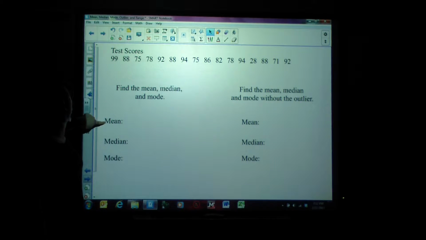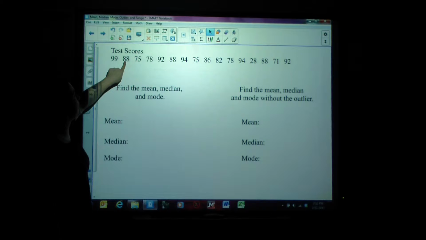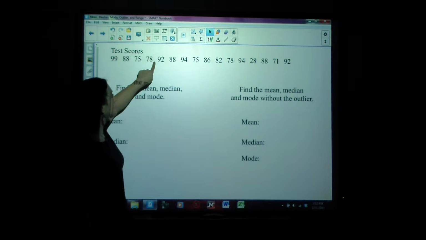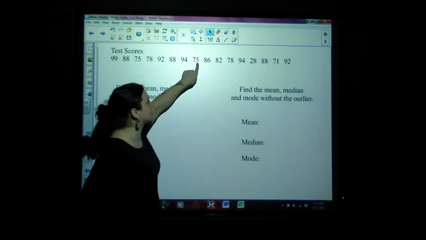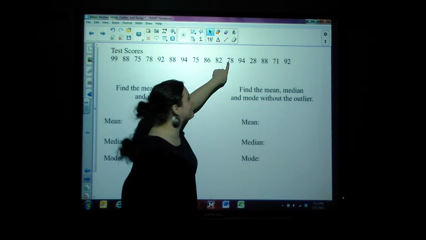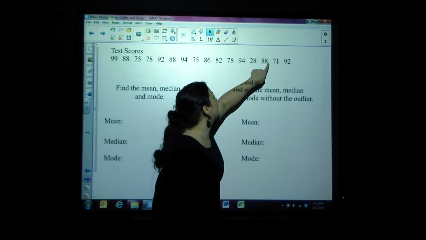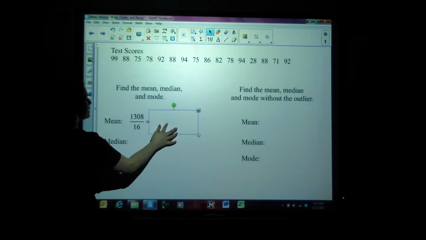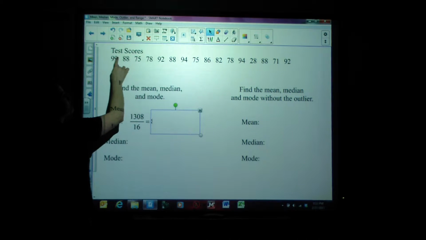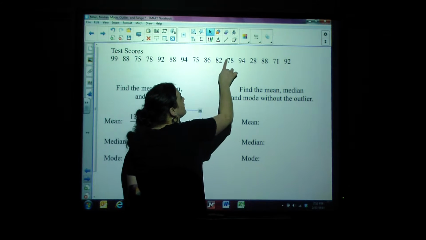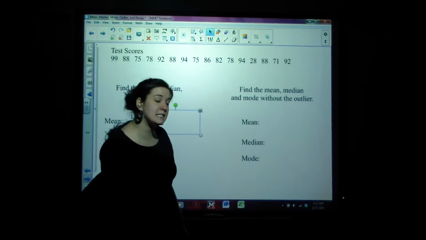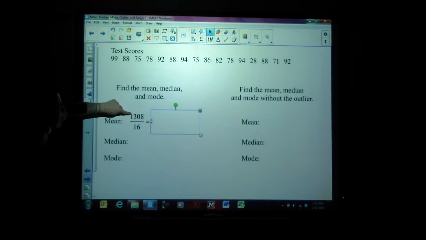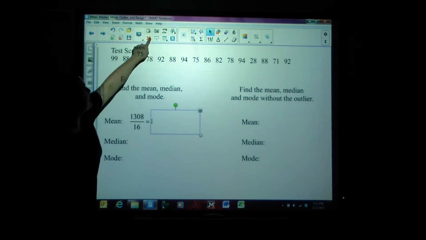If you remember, mean is when we add up all the data entries and divide by how many data entries there are. So if you take your calculator and you take 99 plus 88 plus 75 plus 78 plus 92 plus 88 plus 94 plus 75 plus 86 plus 82 plus 78 plus 94 plus 28 plus 88 plus 71 plus 92, we get 1308. And then we divide by the fact that that was 1, 2, 3, 4, 5, 6, 7, 8, 9, 10, 11, 12, 13, 14, 15, 16 test scores that made up that total. So we added up all 16, and I'm going to divide by 16, and that gives me the mean of